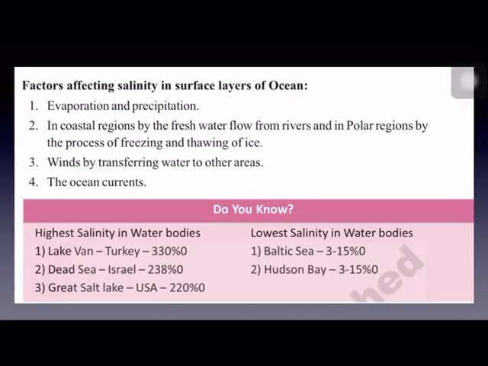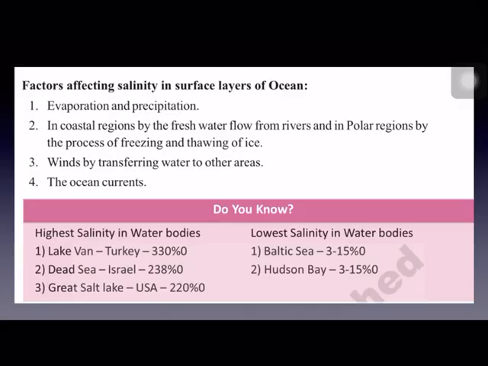transferred. That means from a place where the salinity is more, if the ocean current starts from there and carries the ocean water in big streams to another place, then in that place the salinity will decrease, and in the other place to which the ocean current is moving, the salinity will increase. Now these are the factors which influence the salinity of the oceans.